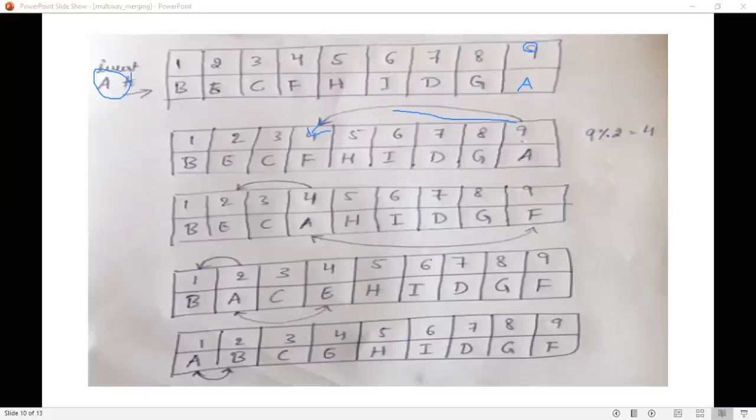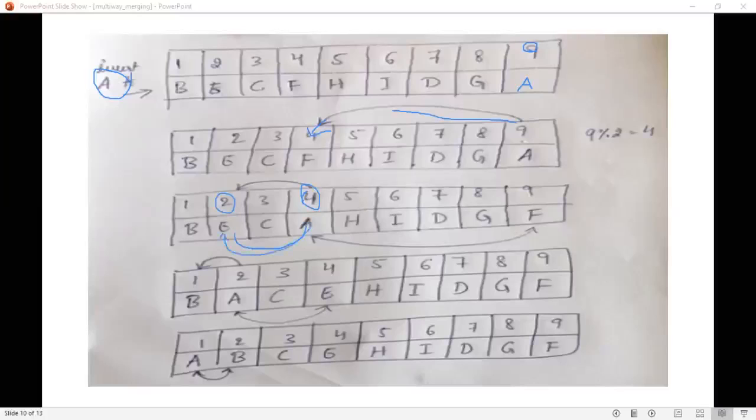element. At the 4th position you have A, right? You have to find the parent of 4. Now what is the parent of 4? 4 divided by 2, that is 2 is the parent element here. What you have in 2 is E. At 4 you have A. Now compare these two. E is greater than A, so exchange these two. E you have to bring it here, and A you have to move to this position.